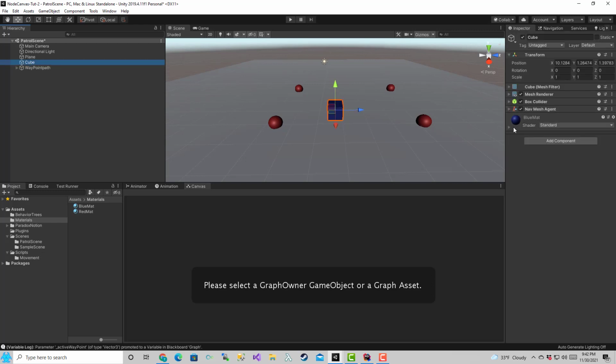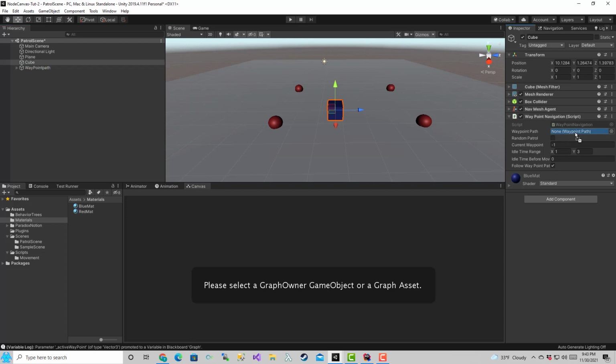Now we want to add another script, which is waypoint navigation. And this is what allows our character to follow the waypoint path. So the first thing we want to do is drag over our waypoint path. I think that's it for that. So the next thing we want to do is add